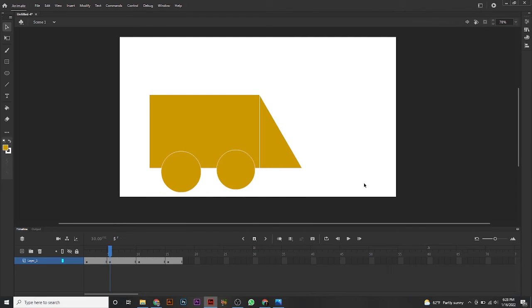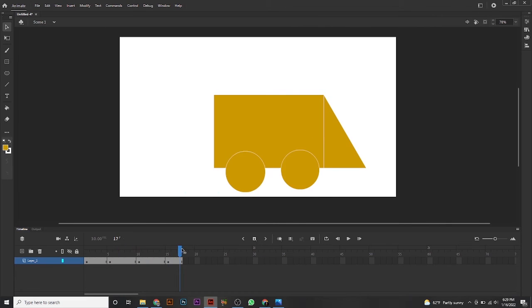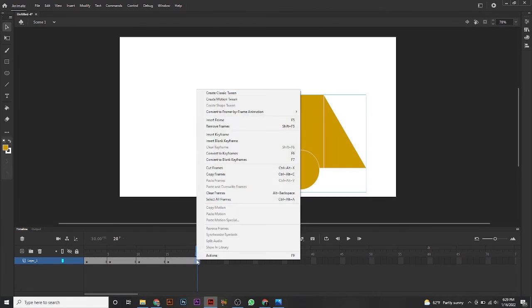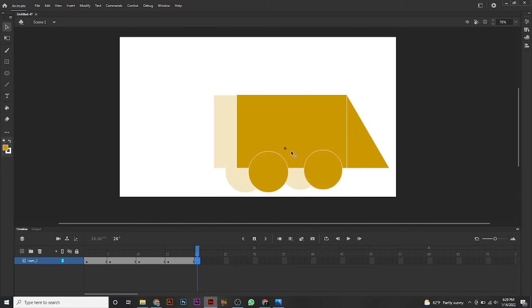moving. So what to do? We just take a keyframe, insert keyframe. So we press F6 and make it a little bit moving. So it will be a moving object like this. So in here we also press F5 to insert a frame, and then make it a keyframe, convert to keyframes. So you just move like this,